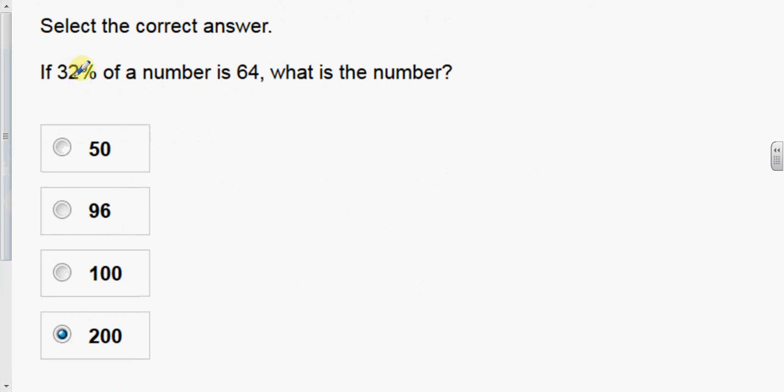If 32% of a number is 64, again, we're going to convert the 32% to decimal. That's 0.32. The word of means to multiply times 64. So on your calculator,